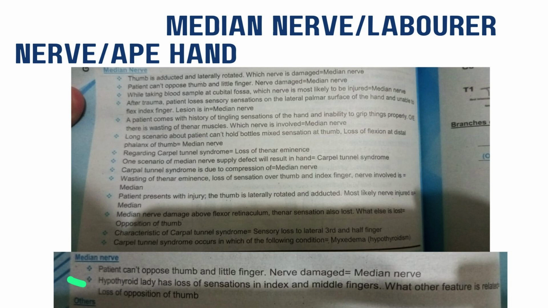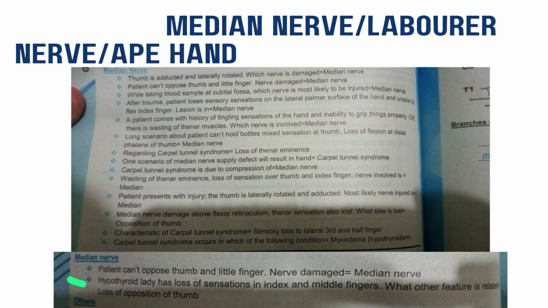Carpal tunnel syndrome occurs in which of the following conditions? That occurs in myxedema, that is hypothyroidism. So if a hypothyroid lady has loss of sensation in the index and the middle finger, what other feature is also related? So there is a loss of opposition of the thumb, as it supplies the opponens pollicis muscle, that is a thumb opposition muscle, and then there is flexor pollicis brevis also,